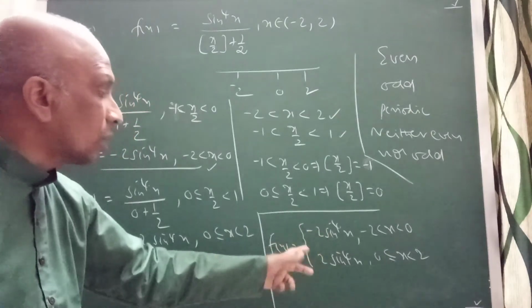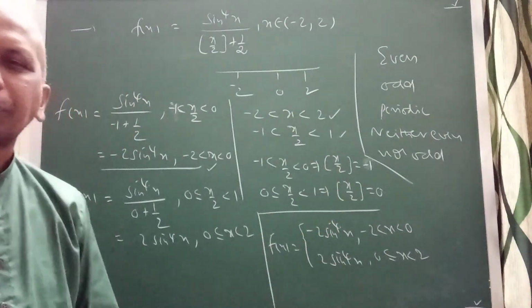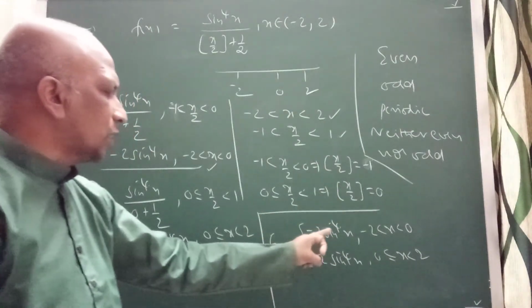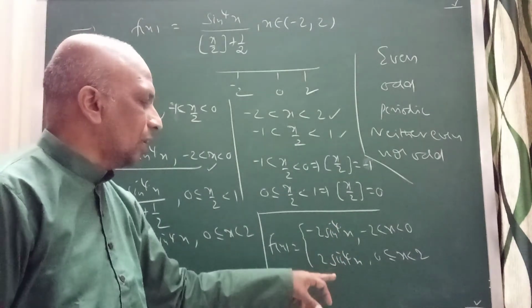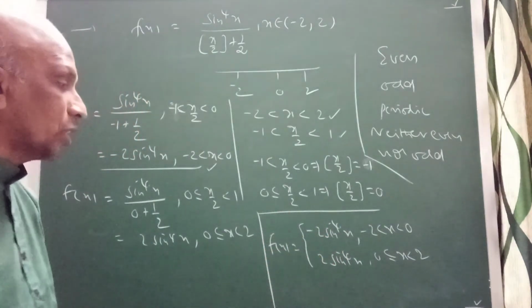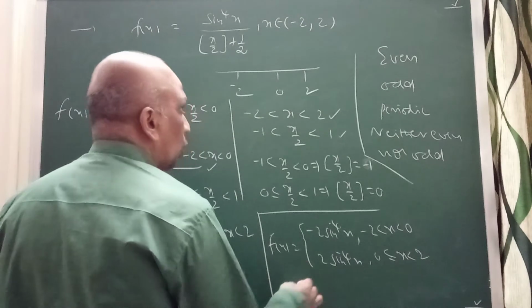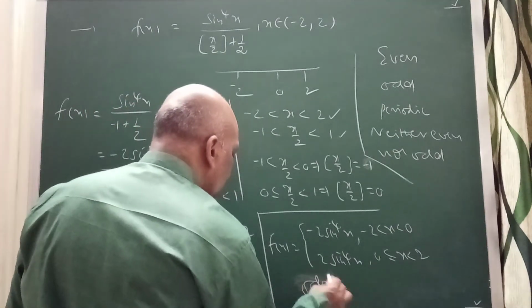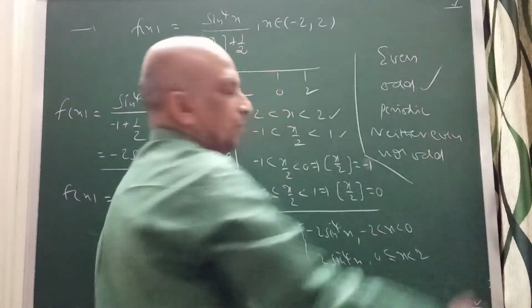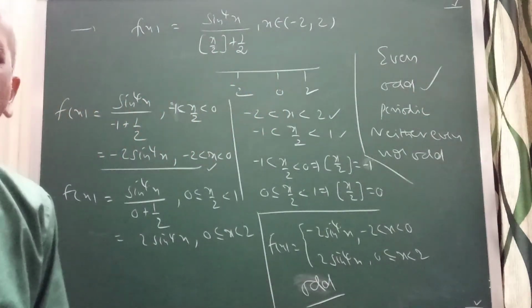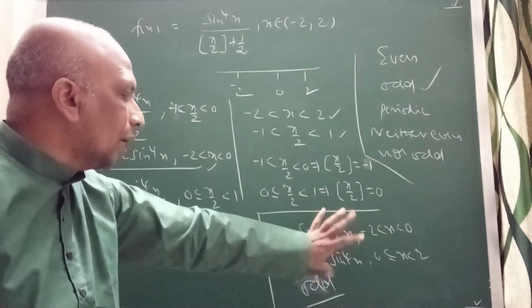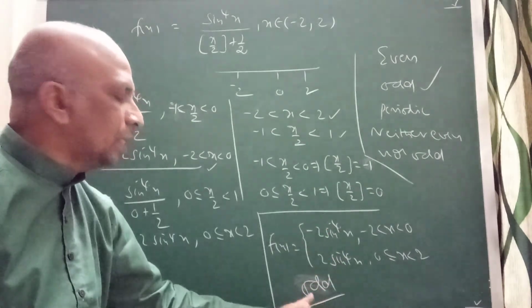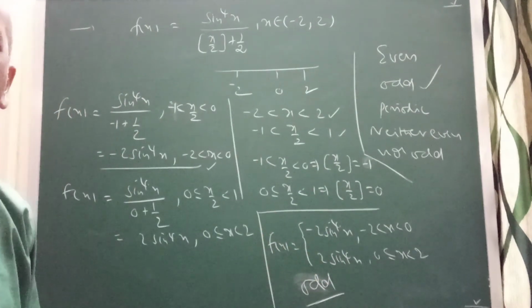So you can observe here clearly the function is an odd function. Correct? f of minus x is equal to this one, which is equal to minus f of x, so the function is an odd function. Clearly, f of x is an odd function. Right? You can write here, this is an odd function. Your answer is odd function. We should be careful. So here we can decide the function is an odd function.